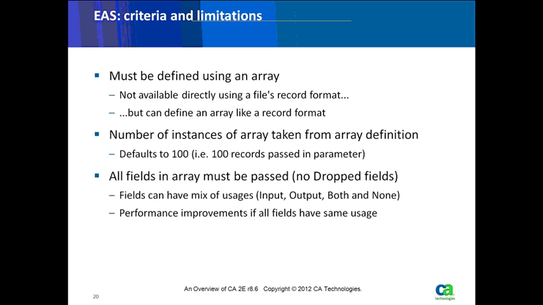When you create a new array, it defaults to 100 instances, but you can play with it as much as you want. Another limitation, I guess, is that you're returning all the fields in this array element. So if you have an array based over the order details file, you'd have to return, or at least pass, all the fields in the array. This isn't a huge limitation. We're just not allowing dropped fields. Of course, you don't need to process those fields. This is just the information that goes back and forth. But if all the fields do have the same usage, you'll see some significant performance improvements.